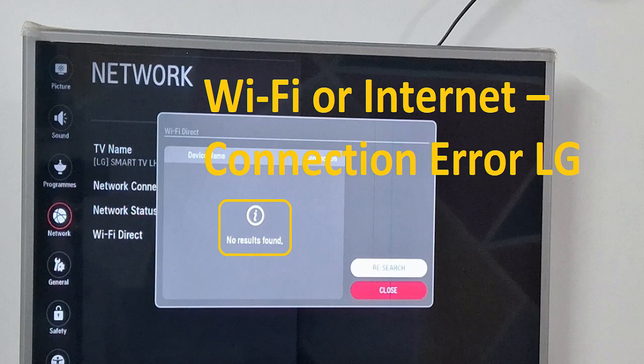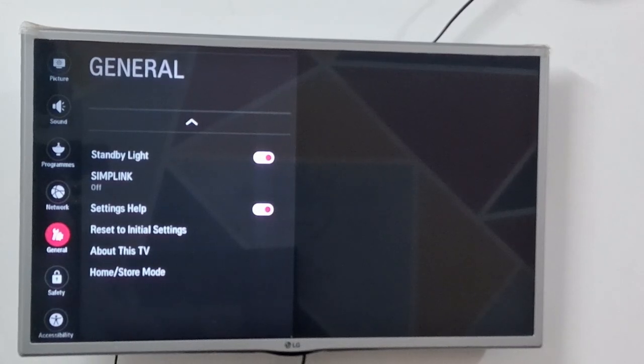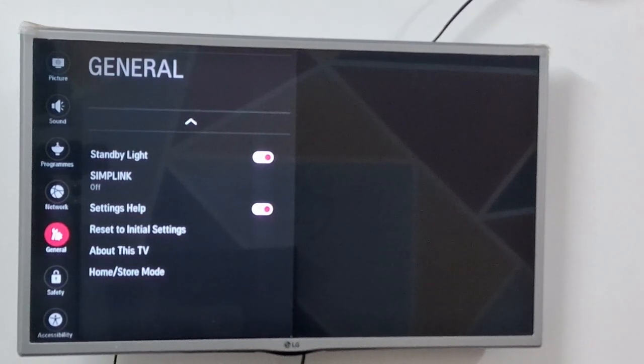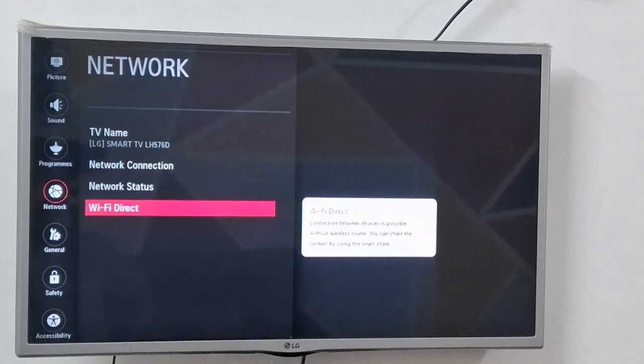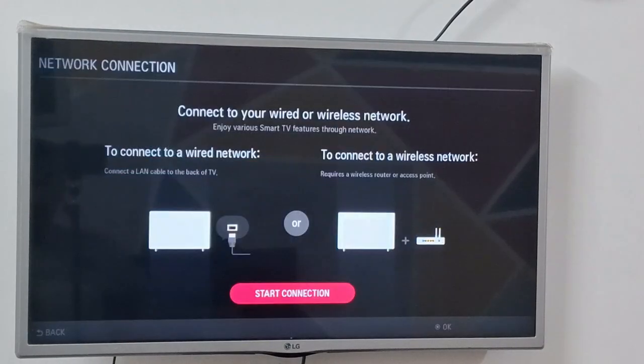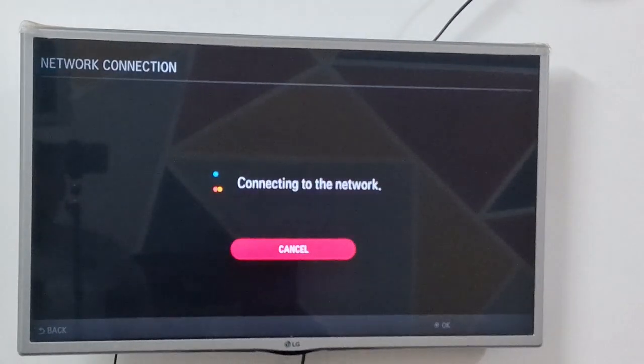Are you unable to connect your LG TV to internet? So this is the common issue. You can first of all restart your TV and check whether restarting may solve this issue or not. Secondly, you can try to connect your TV to a different network. So go to the network settings, go to the connection, and you can try to connect it to a different network